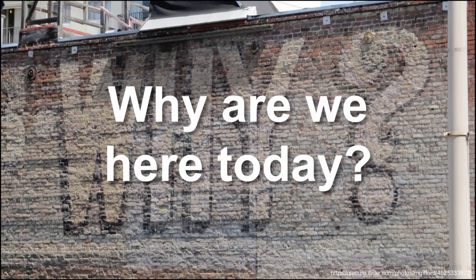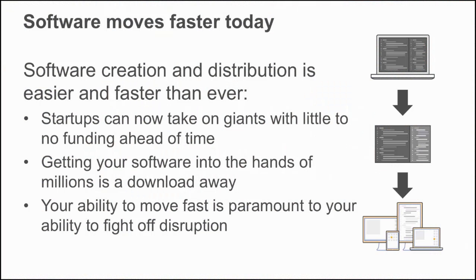So why are we here today? Continuous delivery has become a very important topic in the world of software development and in delivering product to the world and your users. Software moves faster today, right? And that's very easy to understand given the highly connected world that lives around us. Software creation and distribution is way easier and faster than it's ever been in years previous, and continues to get faster every single day. Because of these changes, and because of some of the things we'll talk about today, startups